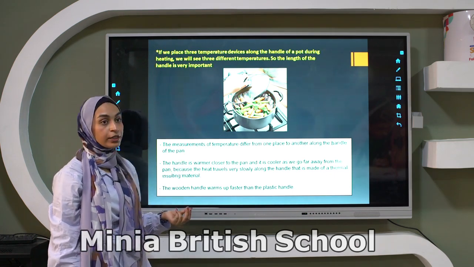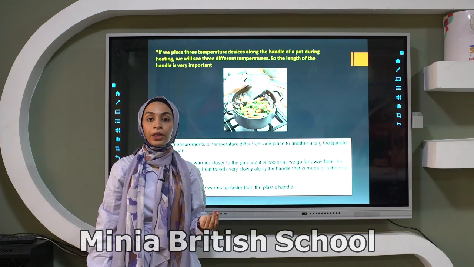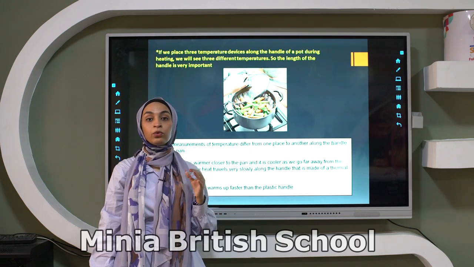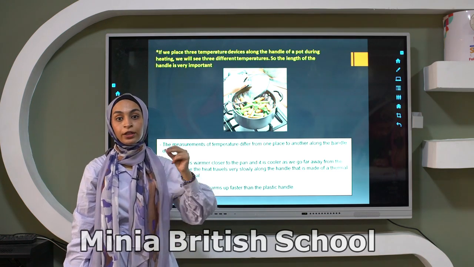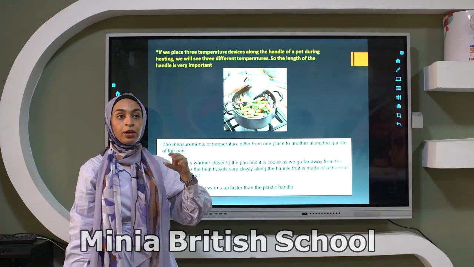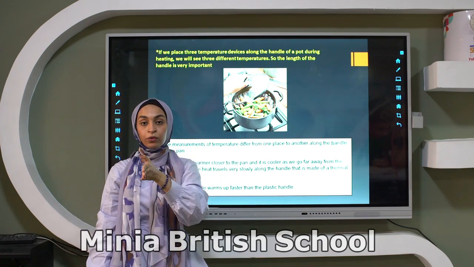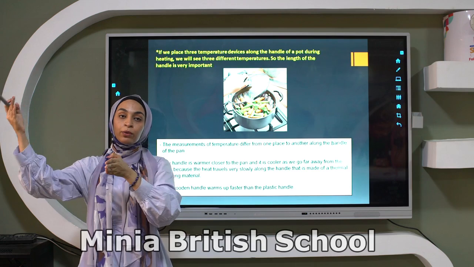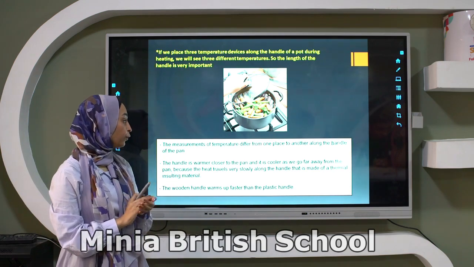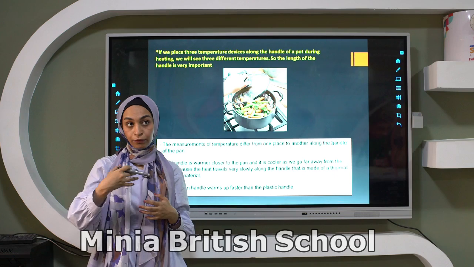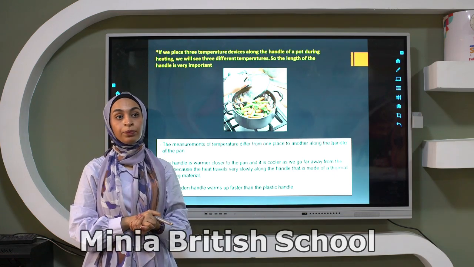So in this activity we will use 3 cooking pans with 3 different lengths of their handles, and we will measure the temperature at 3 different places on the handle. First place near to the pan, second place at the middle of the handle, and the third place away from it. For example, in the first step I will use a cooking pan with a handle 16 centimeters,